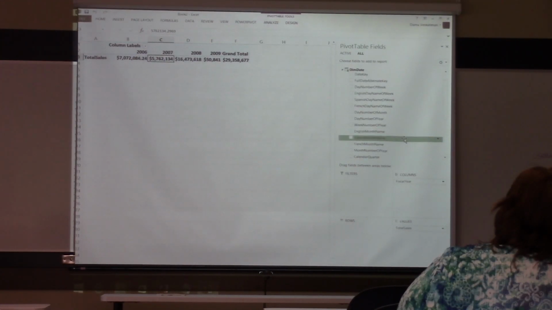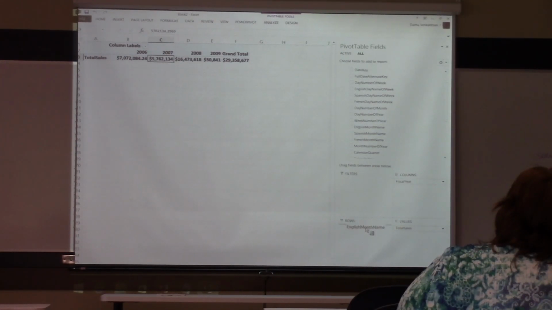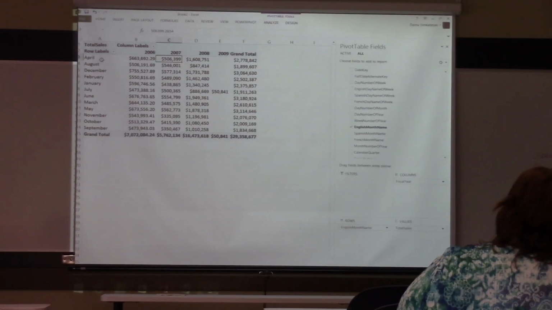to take the English month name and then put the month name under the rows. So for each month, like how the data is spread out and how we can slice the data in different ways. So that's how we see it. So one thing you see here, the order is not right. The month is more around the alphabetical order of the month rather than the actual listing of the